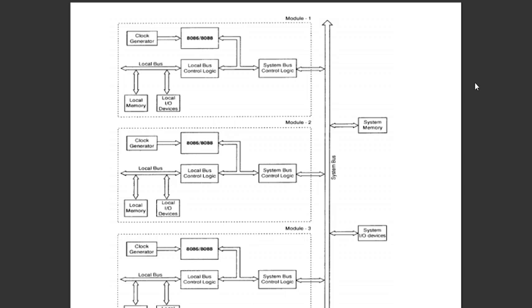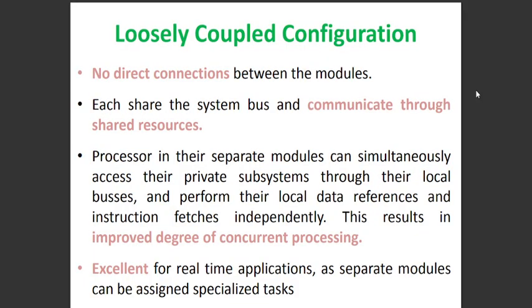The loosely coupled systems are more robust and can resist failures. A single node failure does not break down the entire system, and it is also easy to add more nodes to an existing system. But the extra hardware required to provide communication between the individual processors makes them complex and less portable. Some of the characteristics of loosely coupled multiprocessors are distributed memory, low contention, high scalability, high delay,